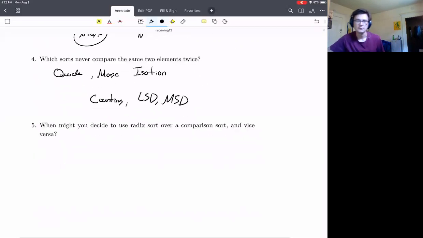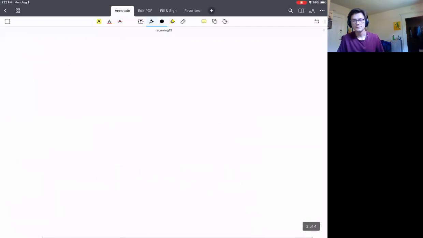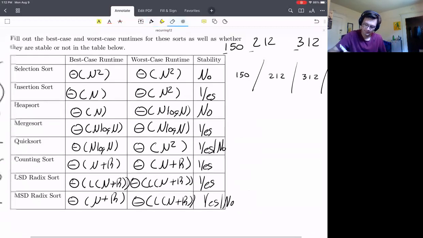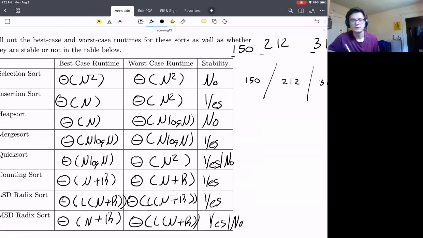Okay, when would you decide to use a radix sort over a comparison sort, and vice versa? So in general, if you can use a radix sort, you probably would want to, because radix sorts are the fastest sorts in general. If you look up here at this table, it's a little tricky, because you'll notice that the radix sorts have different terms in them that the other sorts don't have. It has the L and it has the R term, but generally L and R are going to